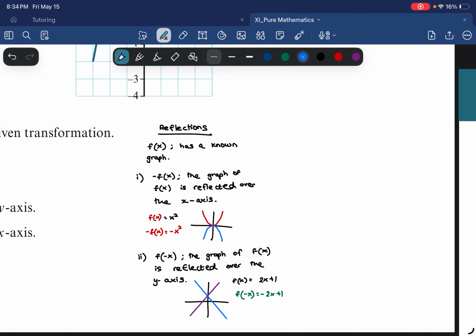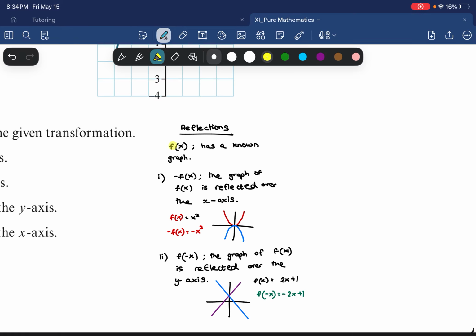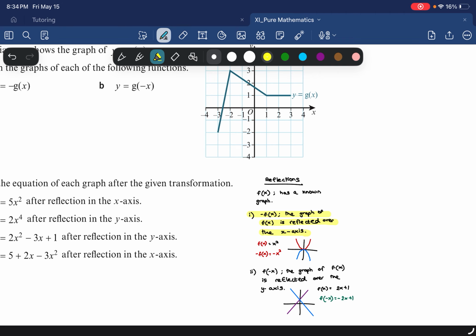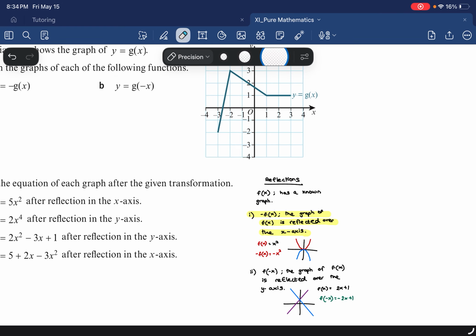All right. So now that we have done, we need to remember these two important points. So if it's minus f of x, it's the graph of f of x reflected over the x-axis. And if it's f of minus x, then it's the graph of f of x reflected over the y-axis. All right. That is all that we needed to know. So we can start doing some questions